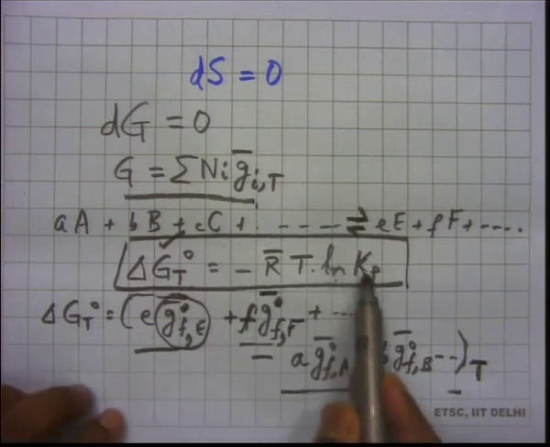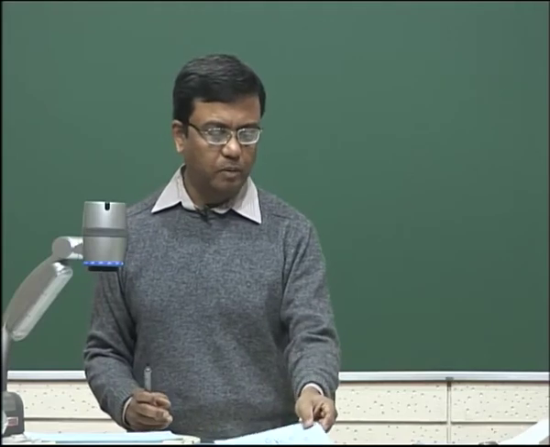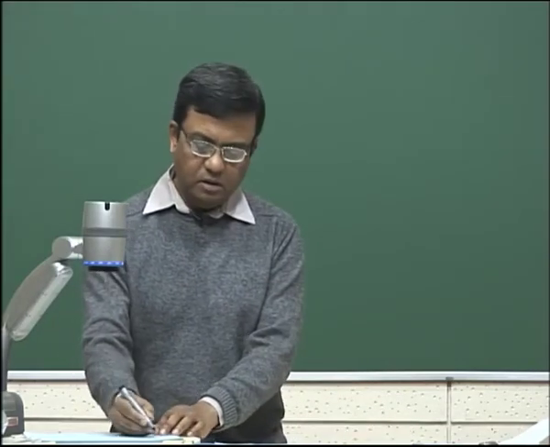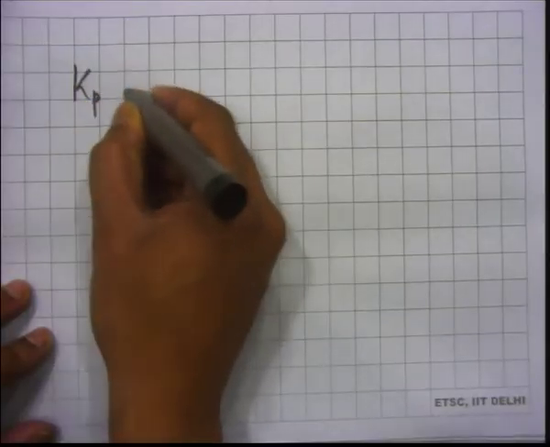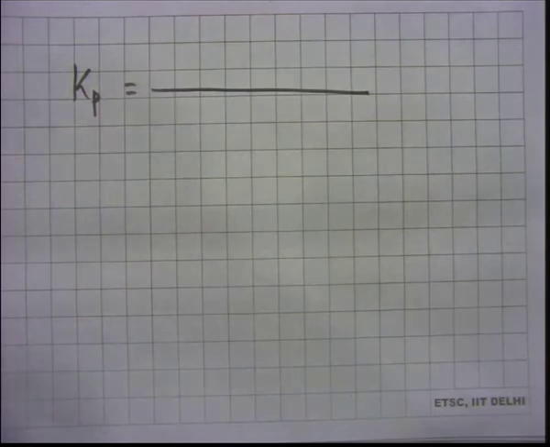Now, we have log of Kp. Now, Kp, as you may well have guessed by now from the notation, must be that equilibrium constant. Probably you have done this sort of stuff in chemistry, but I will write this nevertheless. So, this is the equilibrium constant based on pressure. So, this will be